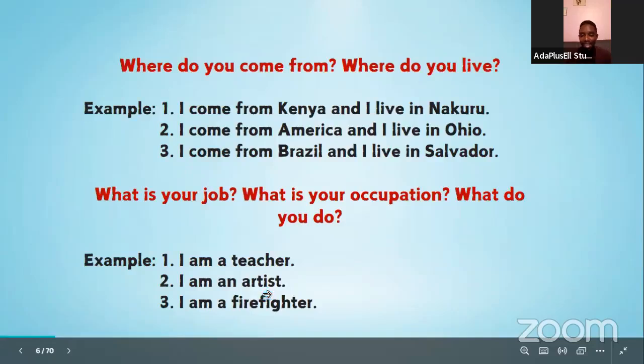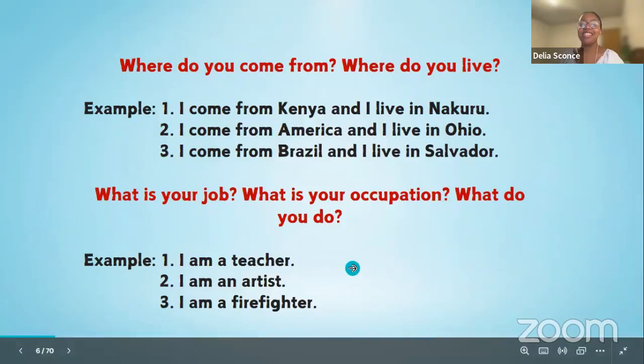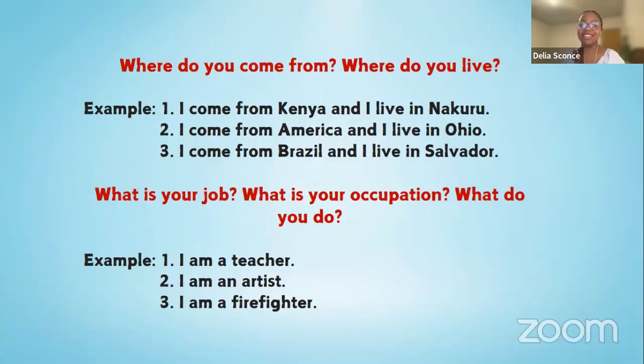And an artist, an artist is, you can be a music artist, you can be an artist who draws pictures and paints, and also, what else can you do as an artist? You can do sculptures. Yes. You can do screen printing. You can make T-shirts. Yes. You can do paintings, sketches, all sorts of things.